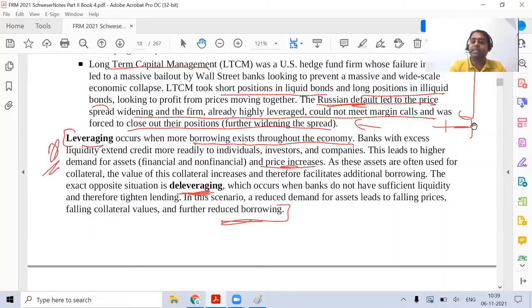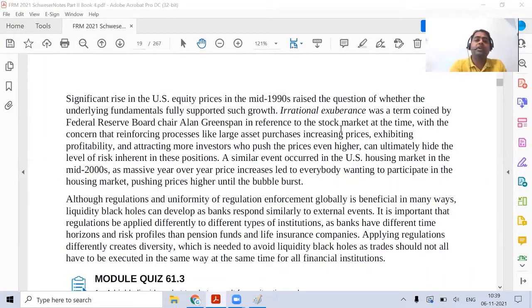Let us go towards the next section. If everybody is okay with that paragraph, let us move towards the last two paragraphs of the chapter. Now they've explicitly highlighted the US market during the mid 1980s. They've coined a term called irrational exuberance. Mark this term as star. This can get tested in some theoretical concept. This was given by Alan Greenspan, a very famous Federal Reserve chairman.